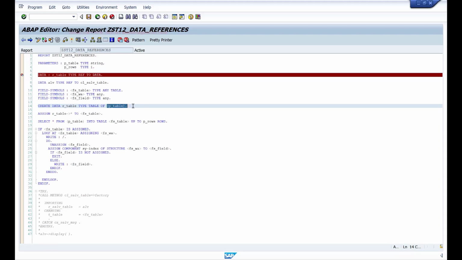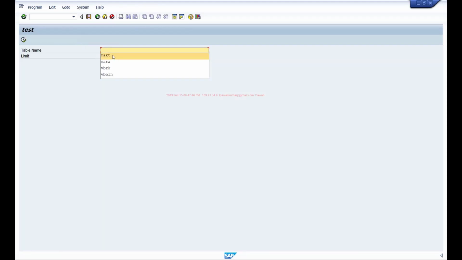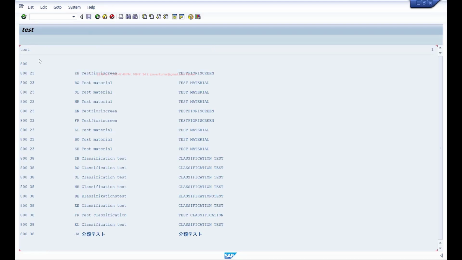However, we are able to determine the data type dynamically, but I really don't know what that type is. So there is another way where you can determine the data type also dynamically. Like I can determine that this is a VBRK table. For example, right now I'm not printing any column headings because I really don't know the field name or the data type name to print the column headings, right? So by using something called runtime type information, we can also determine the type.